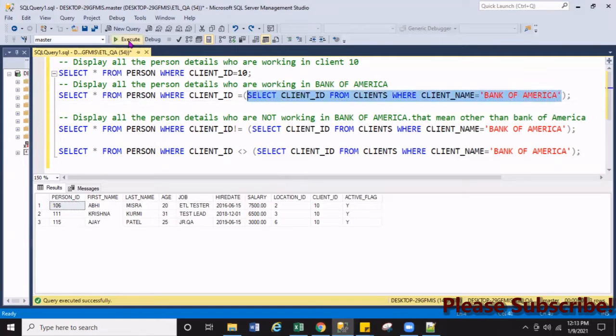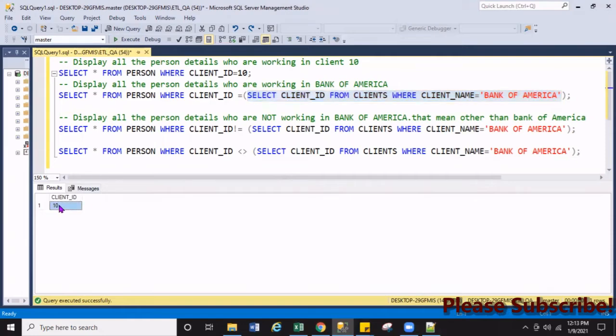Let me run the subquery by itself. See here, only one value. The same value we passed here came from our subquery. Remember, a single row subquery always gives only one row and one column.